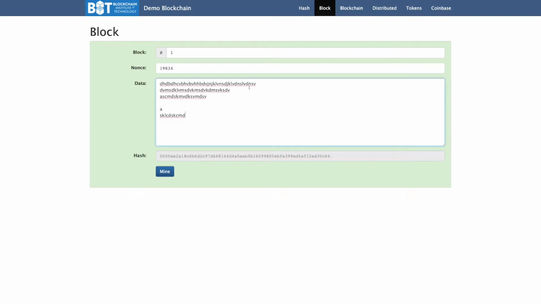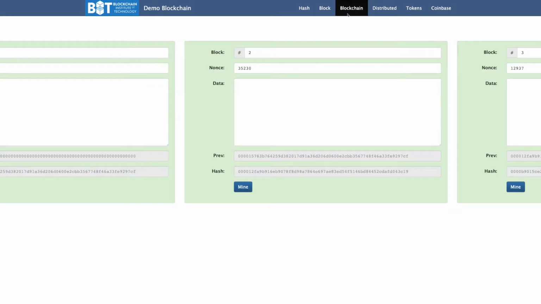Something called a blockchain. So let's go with it. This is the third demo. Here you have three blocks: block number one, block number two, and block number three. Each one of them has, besides the block number, the nonce number that is used to generate a hash, and the current hash. It also has the previous hash. So, for example, the Genesis block, the first block created, has a previous hash of only zeros.